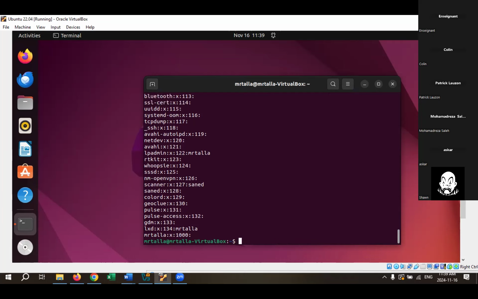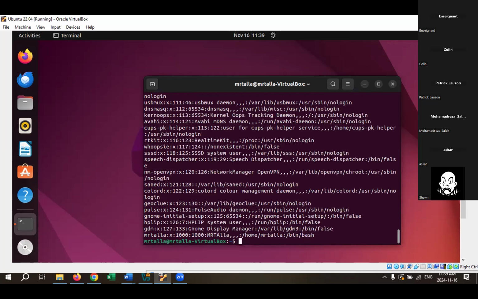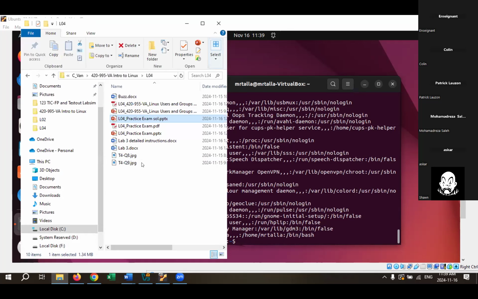Okay, let's see the password group, and then let's see password. Bash. It's fine. Okay, all right. So let's take our assignment now and try to do them one by one. Okay. So what is the task for us to do? The task for us to do is